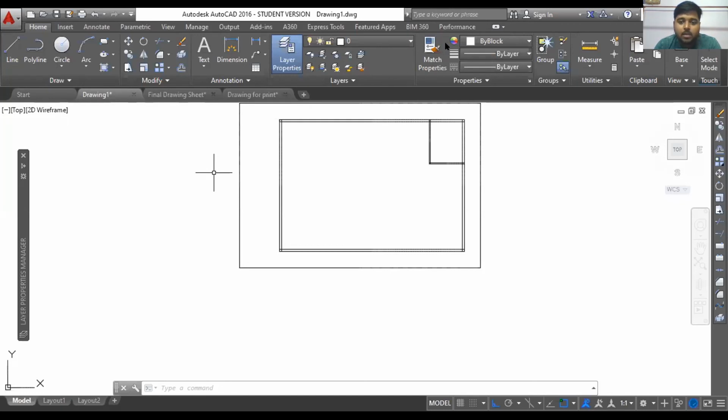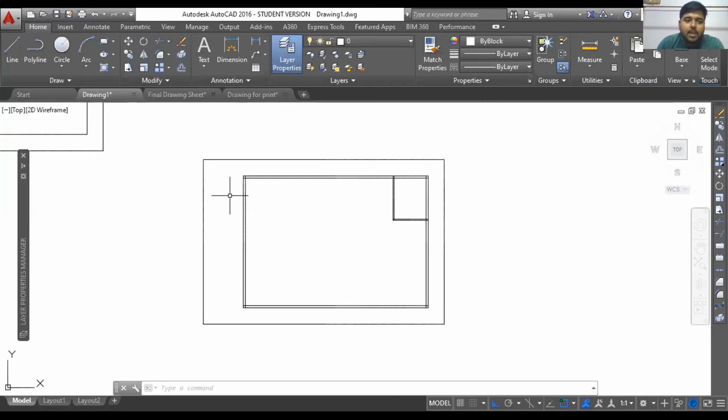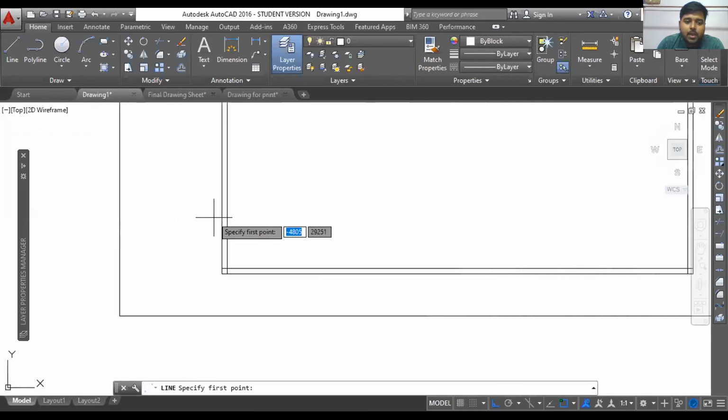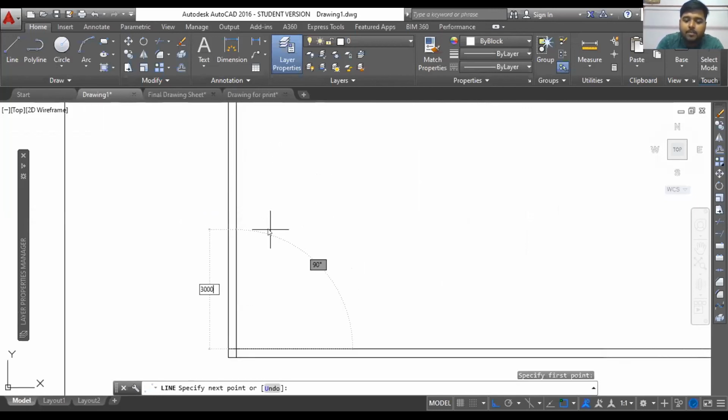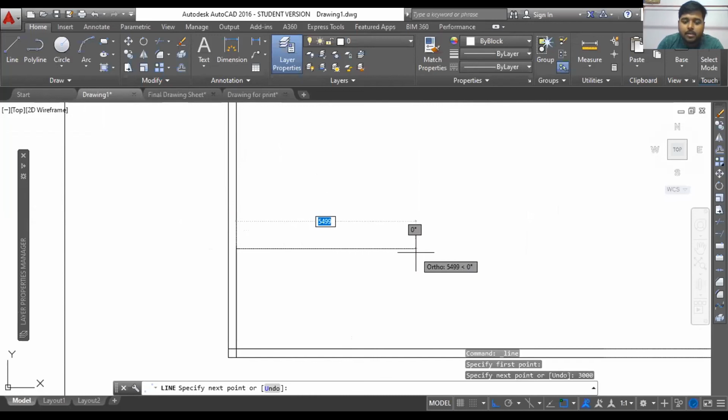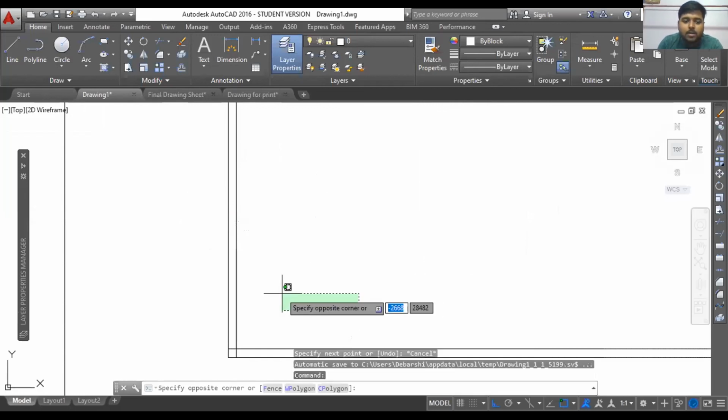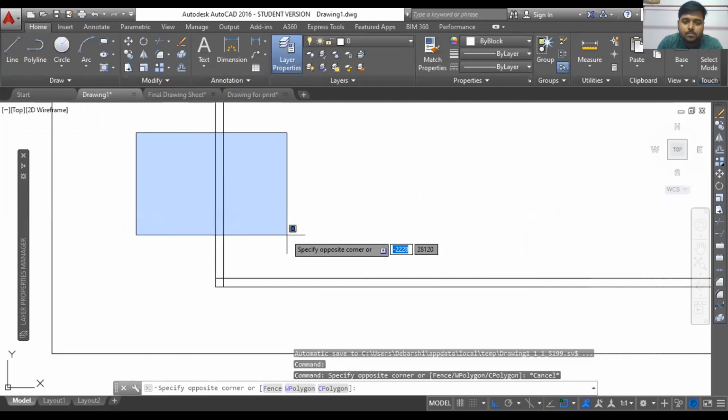This offset concept, more or less everyone uses it. So I think it will be the same for everyone, because this is the easiest way. Or else you can do the same with line commands as well. Like you start drawing a 3-meter line from here, then come in this direction. You can do it that way also, but that is of no use.